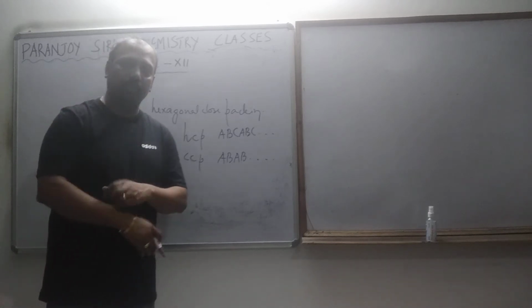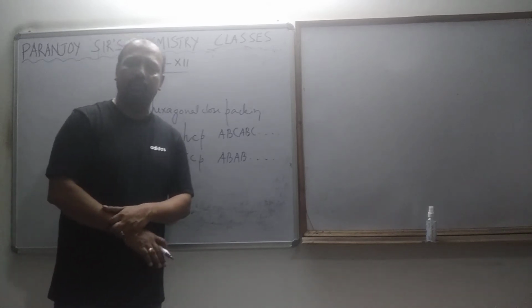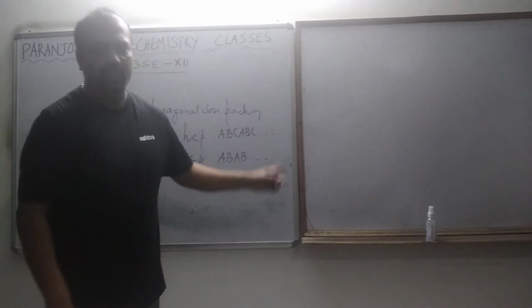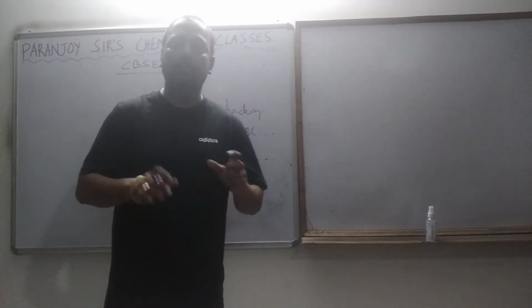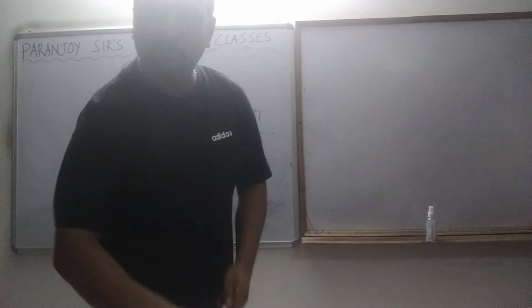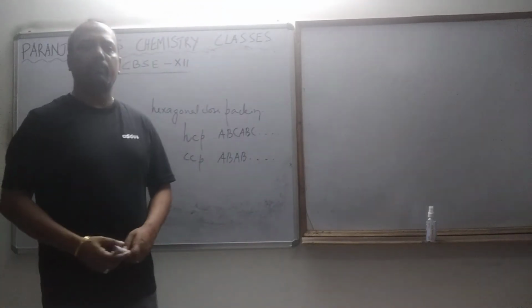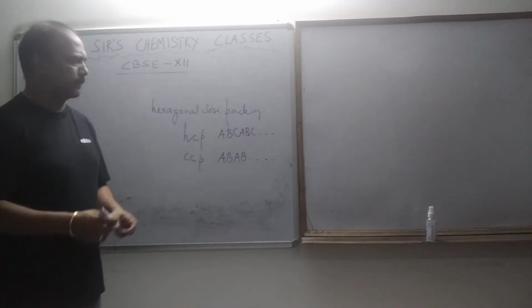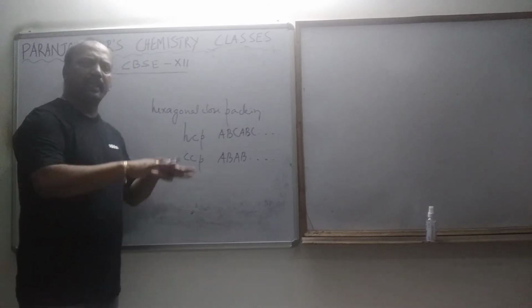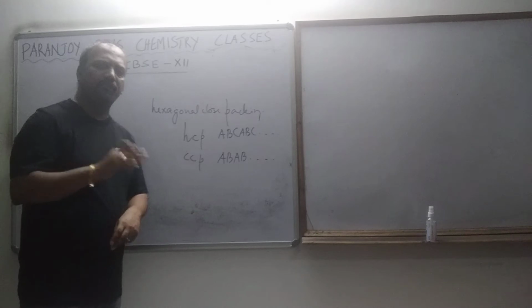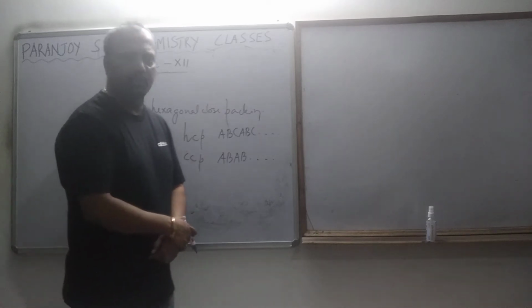In 2 dimension we called it square close packing. Now it is cubic close packing. So don't get confused with that. These are for the 3 dimensional actual close packing, I should say. Actual means the 3 dimensional structure is the actual structure. Now obviously when we are packing it like this, there are 2 types of voids, 3 dimensional voids or interstices,